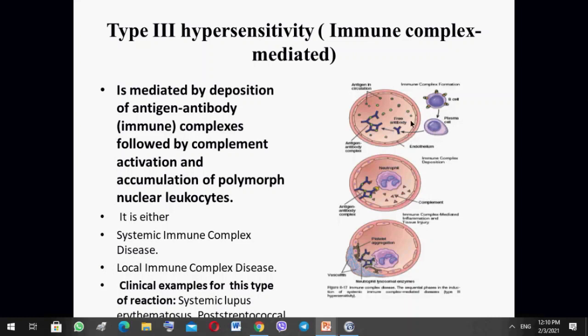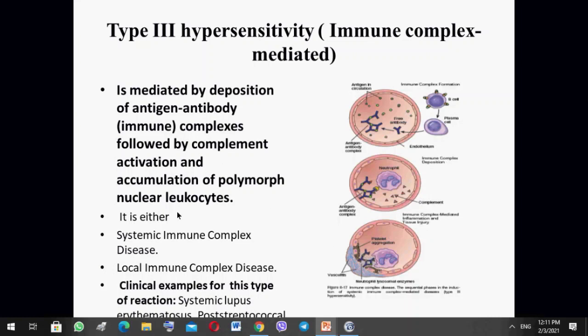The plasma cells will release antibodies, and these antibodies will react with the antigens, and it will result in immune complex formation. This immune complex will be deposited in the tissue, here the blood vessel, okay? And this deposition in the wall of the blood vessel will trigger inflammation in the wall of the blood vessel, that we call vasculitis, and it will trigger the inflammatory cells to attack the wall of the blood vessel,